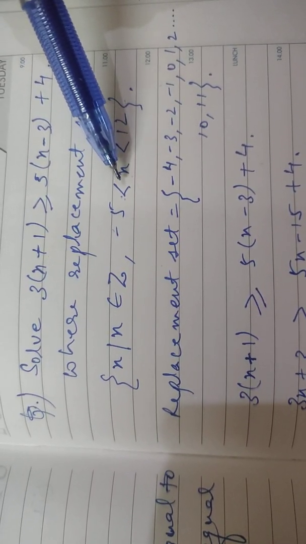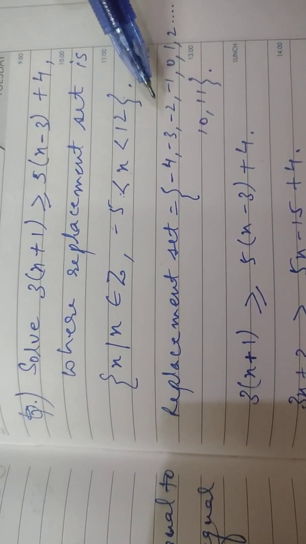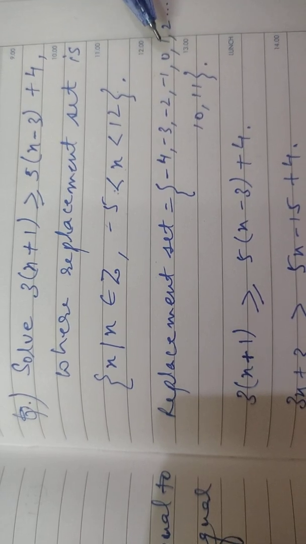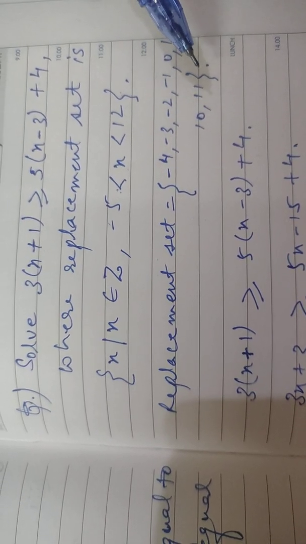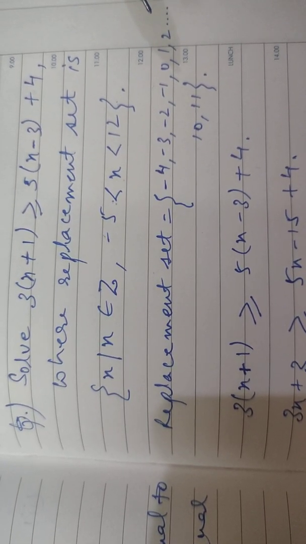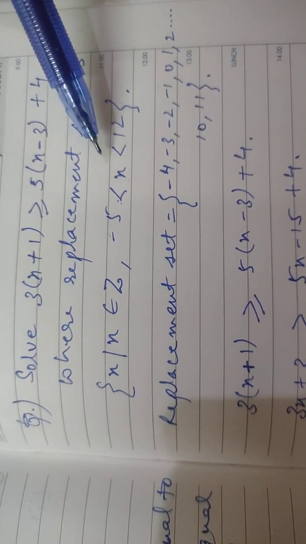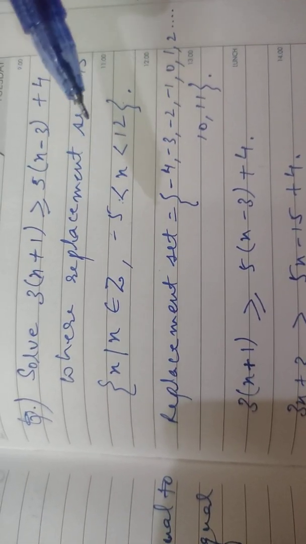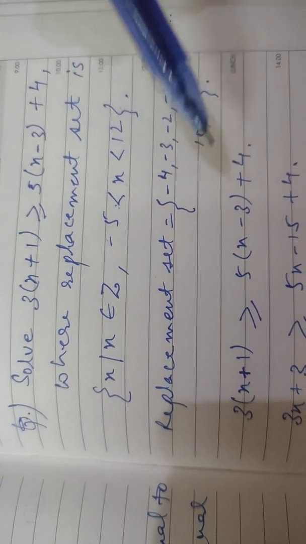So first we are going to sort out all the members that are present in the replacement set, and it will be -4, -3, -2, -1, 0, and so on. That means these are all the integers which are greater than -5, what I read over here. And it will continue till 10 and 11. As you can see, I haven't written all the members, but this dot dot means that it will include 3, 4, 5, 6 till 11, because the inequation is read as x less than 12 and greater than -5. That means all the integers which are having the value as bigger than -5 but less than 12 will be the members of this replacement set.